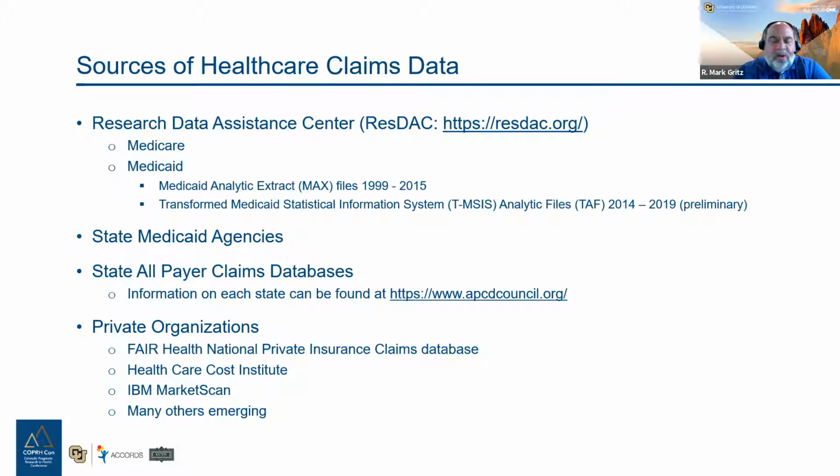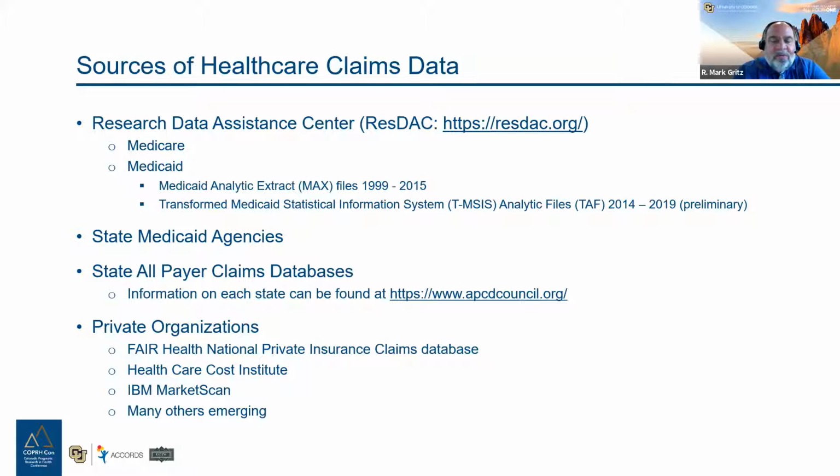There was an employer in Vermont that had a self-insured plan under ERISA that did not want to report their claims data into the state all-payer claims database. The Supreme Court decided that a state could not mandate that self-insured plans report to their APCD. So there is some variation across states in terms of inclusion of self-insured plans in their all-payer claims database. They are on a voluntary basis currently.